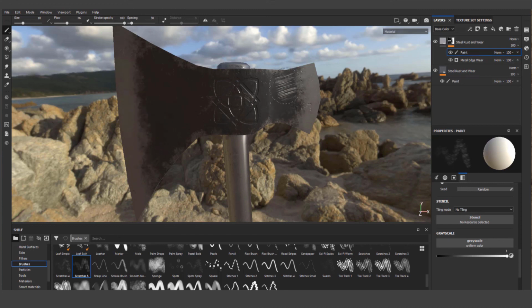Okay, so that looks pretty good. Let's do the same over here. Make sure we got some scratches here. Okay, cool. All right, and so the next part that we're going to do is we're going to add actually